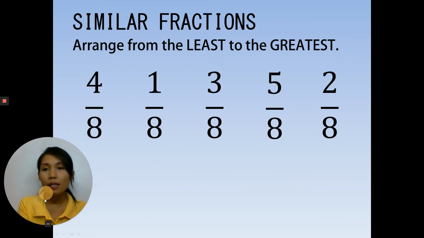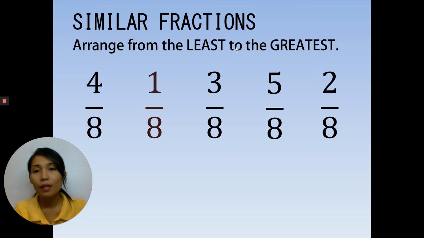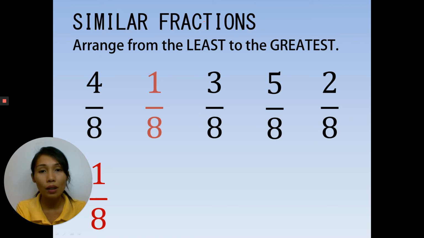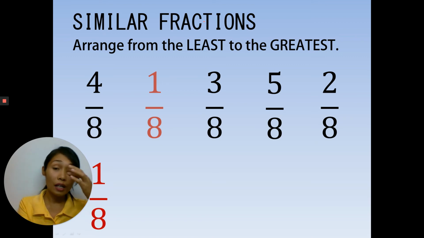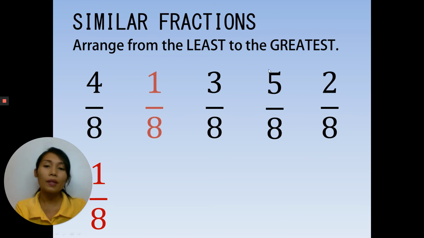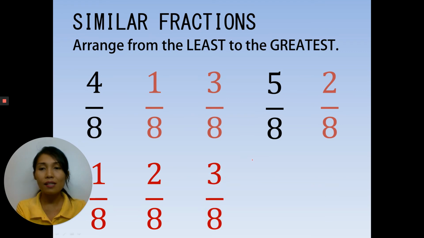Here, let's try to arrange from the least to the greatest. As I've said, the smaller the numerator, the smaller the fraction. So which one has the smallest numerator? Yes, it's 1/8. So that means this 1/8 is the smallest or the least fraction among these. The next one is 2/8, so 2/8 will be the second, and 3/8. Next is 4/8 and